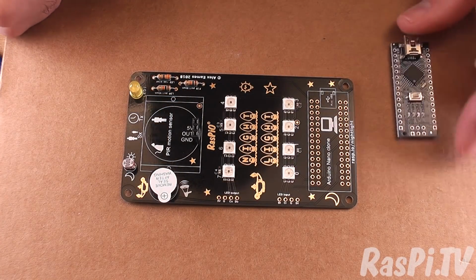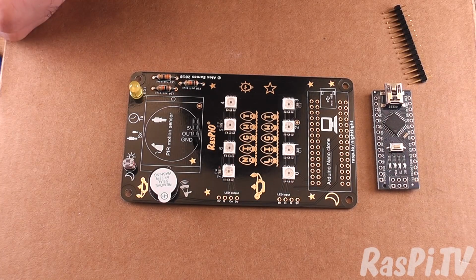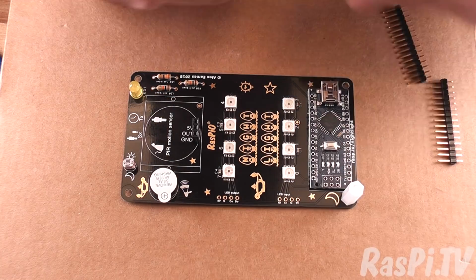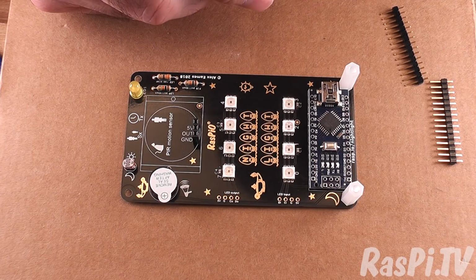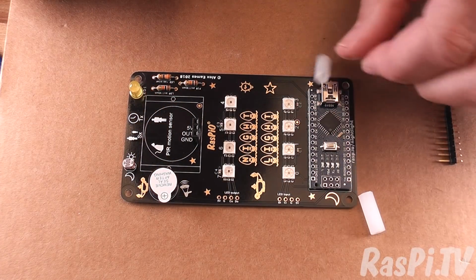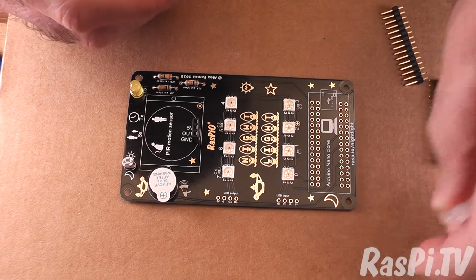So the last component we have to fit is the Arduino Nano clone. So later on you're going to put two spacers there, and the Arduino Nano clone goes between them, and it's a little bit of a tight fit. So what we can do to help at this particular moment